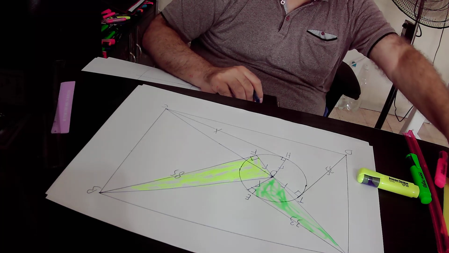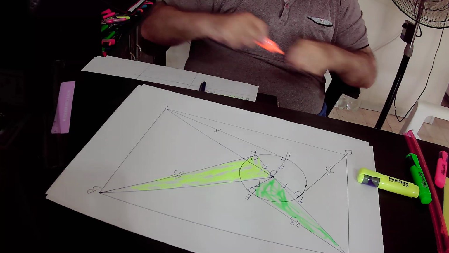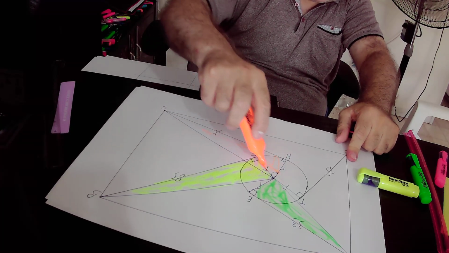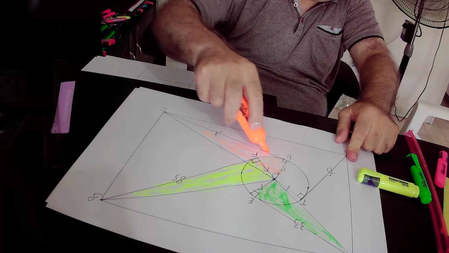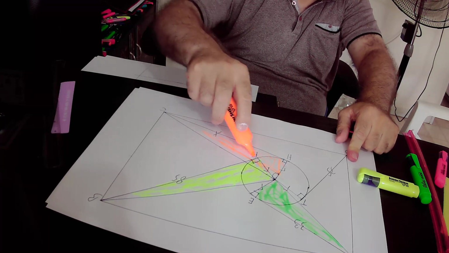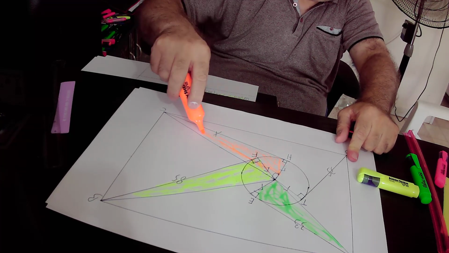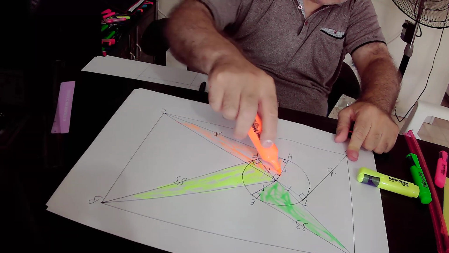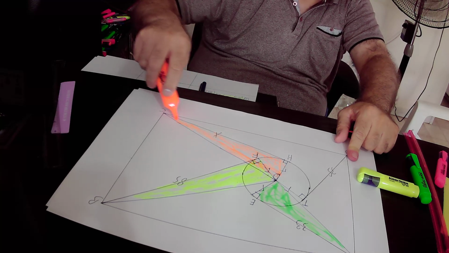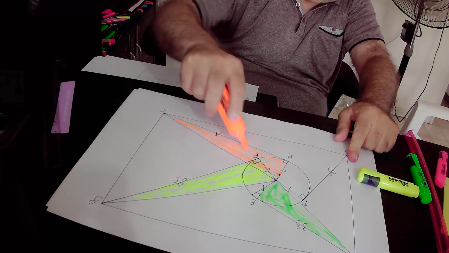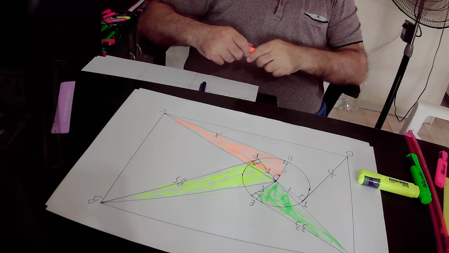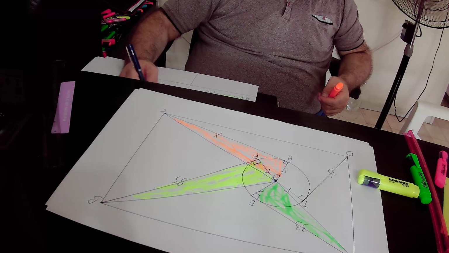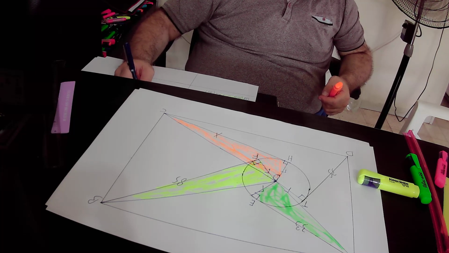And we will implement the Pythagoras theorem on the right orange triangle EDOC. According to the Pythagoras theorem, the right orange triangle EDOC,